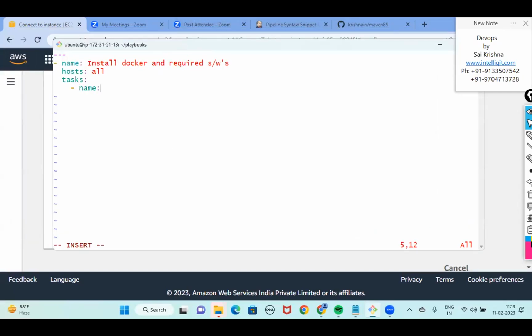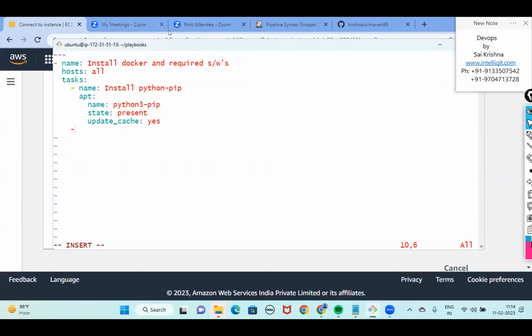Name is equal to, what are we trying to do? We will first install pip. I'll say install Python pip, and for that we depend on the apt module. Name is equal to the name of the software, python3-pip. State is equal to present, and update_cache we'll give as yes. So with this, a software called Python pip will be installed.